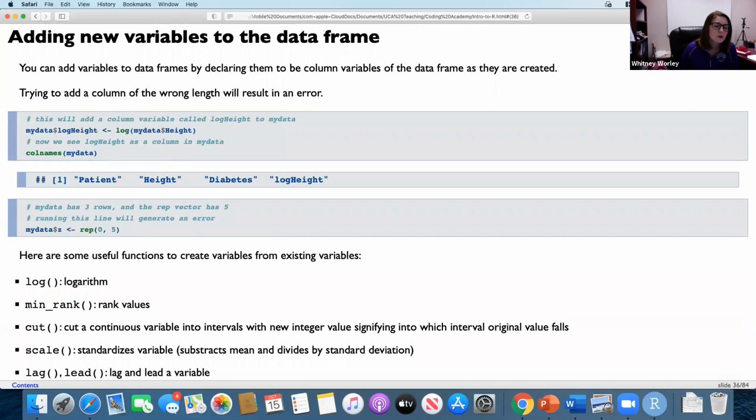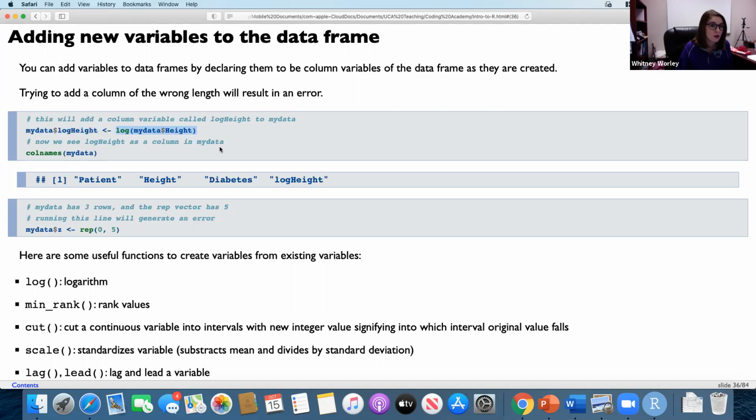You can also add new variables to an existing data frame. So let's say I already have that previous data set that I was looking at before, and for some reason I need to transform the height based on the log function. And remember I showed you a moment ago, the log function's default base is log base e, so this is actually the natural log of the height. So if I wanted to do the natural log of the height and add that, I can do my data $,